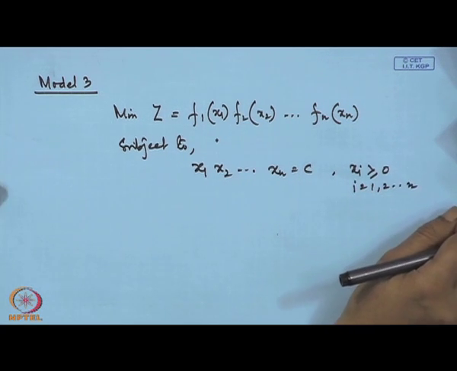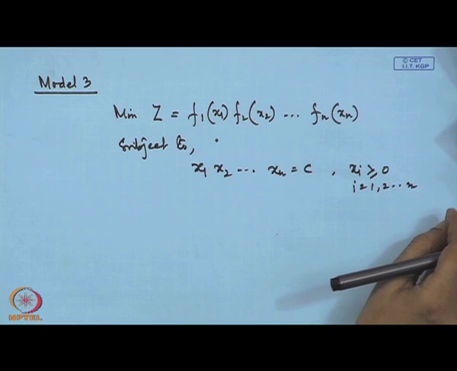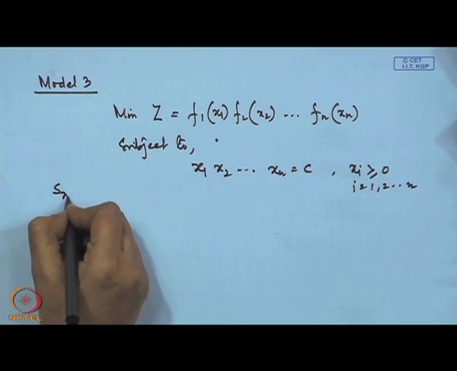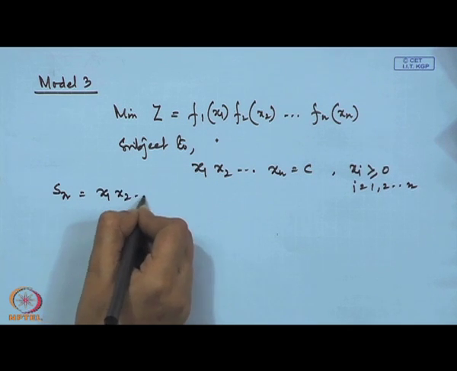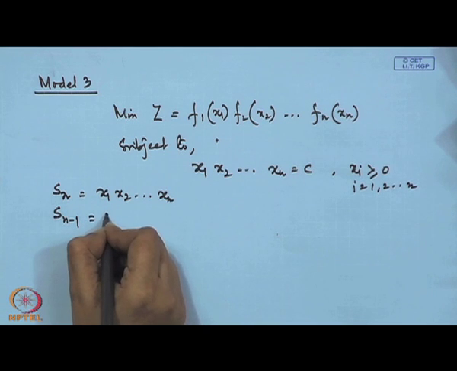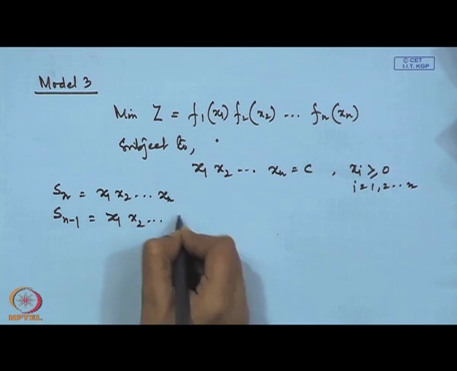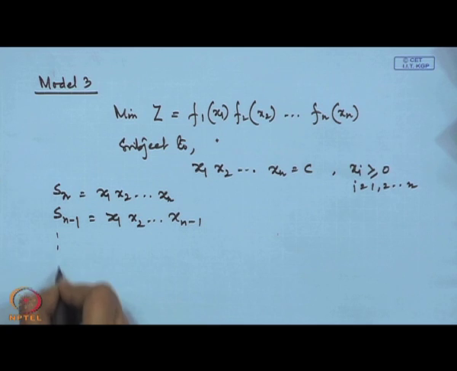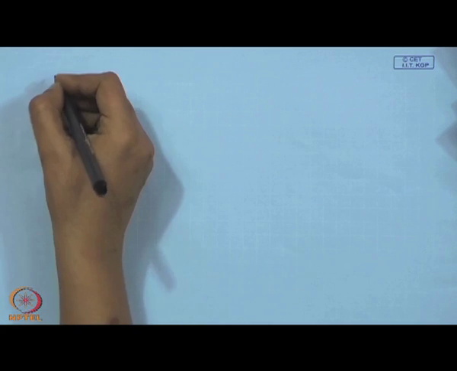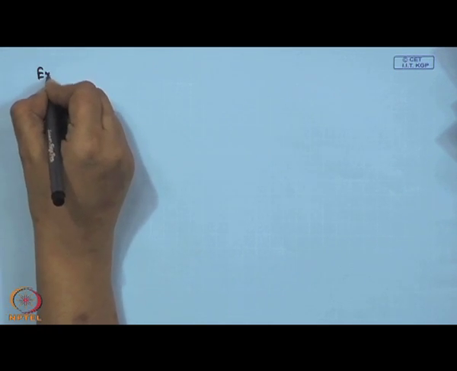Now, here also we can solve it by dynamic programming technique, and we need to declare the state variables. In this way, if we will proceed further, we will get S1 equal to x1, all right. And from here we can calculate the state transformation equation as well. Thus, I can say that you can apply this for the example